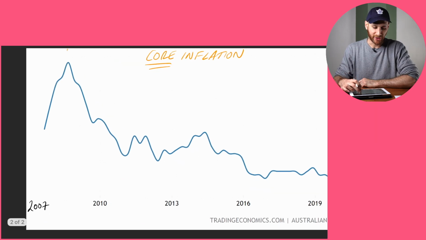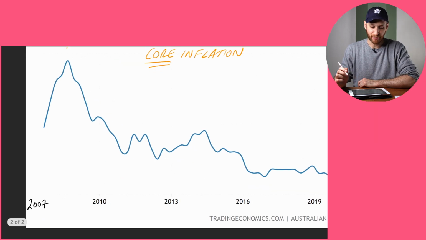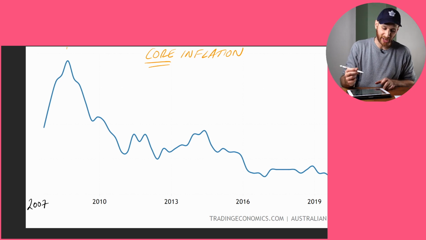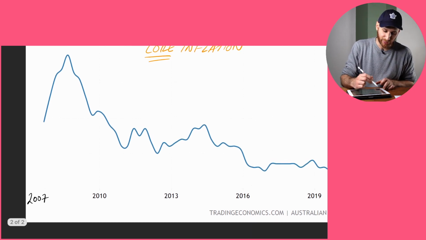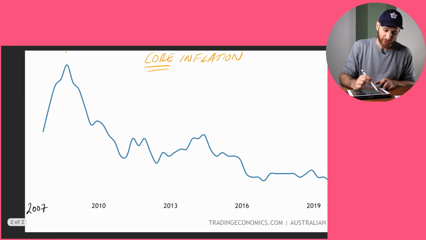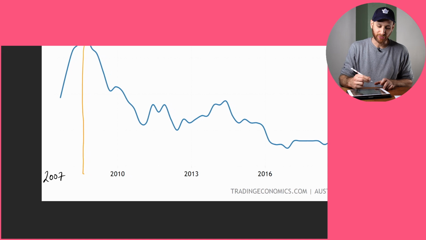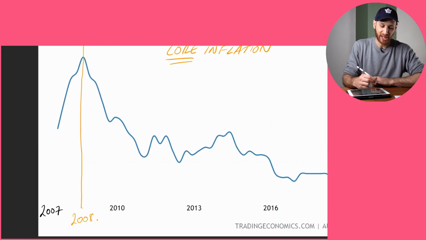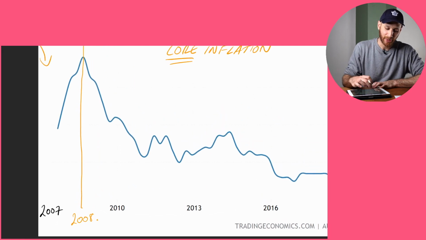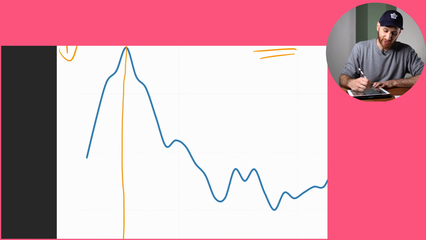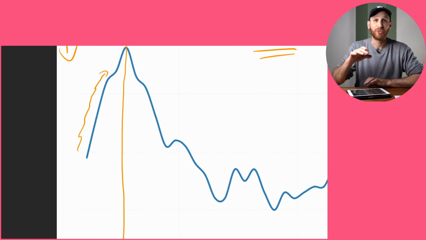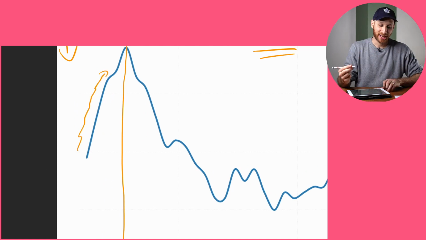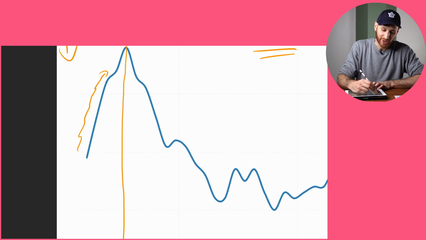What I'm going to do is split up these time periods, so we'll start by putting a line in between this large increase here, and that roughly correlates with 2008. So on this side of the graph, you can see that core inflation was going up and up and up and up. And here what we are seeing is